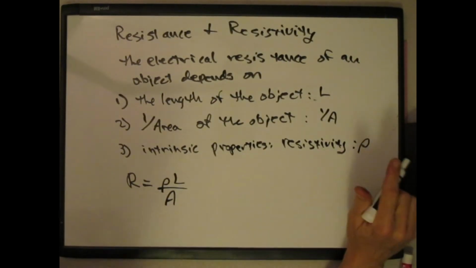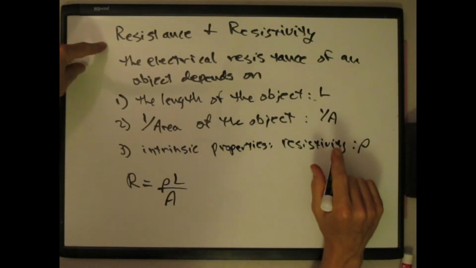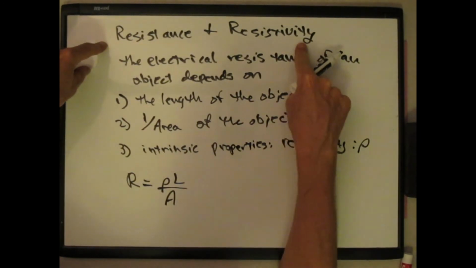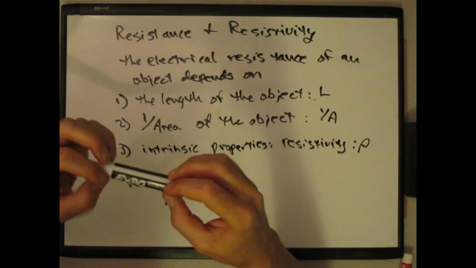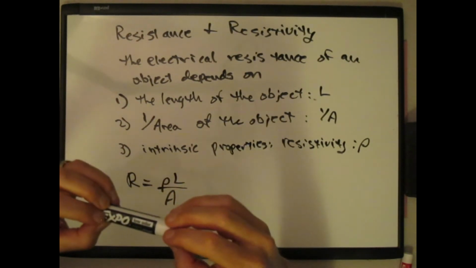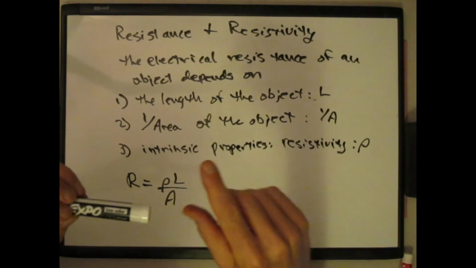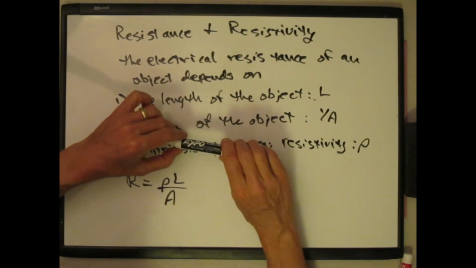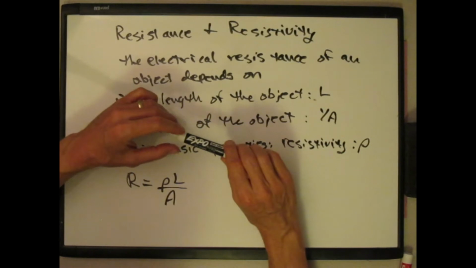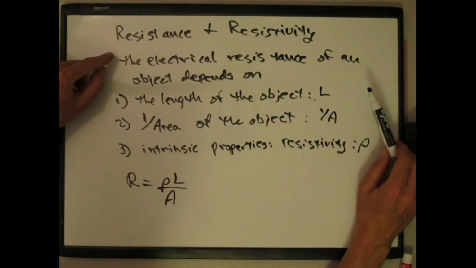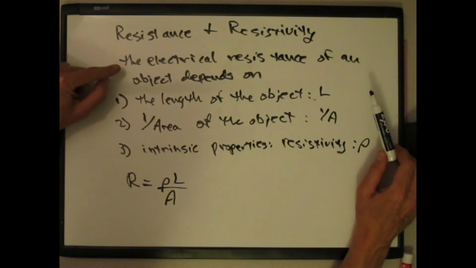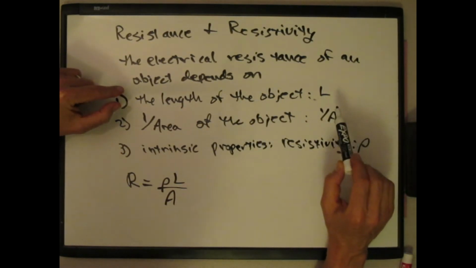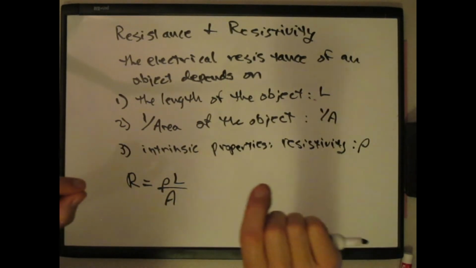So we're going to talk just a little bit about resistance and what it actually is, and this property called resistivity. If we have a resistor in a circuit, it could be a light bulb or a calculator, anything that makes charges do things. There are resistors in circuits and components that are specifically called resistors, but anything in a circuit causes some kind of resistance usually. It turns out the electrical resistance of an object depends on the length of the object. If you think of this in the hydrodynamic sense, in water and pipes,